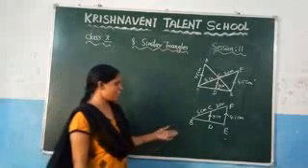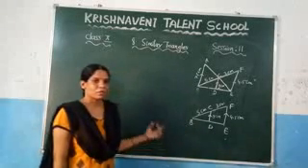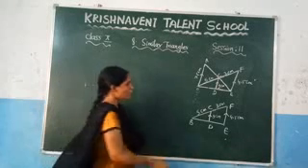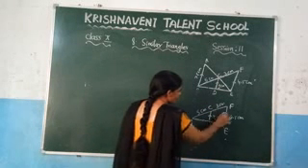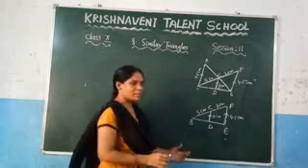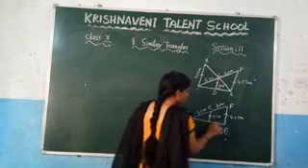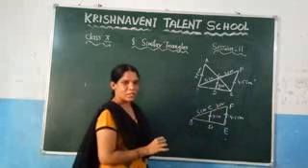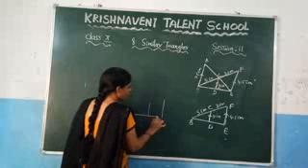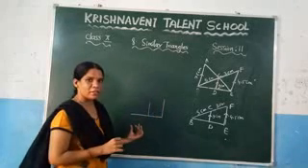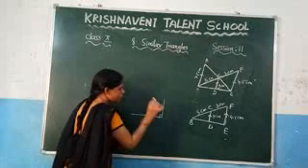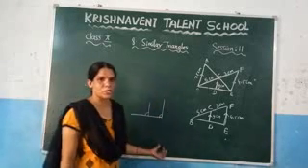Now clearly you can apply the similarity concept here. So how to apply it, just see here. You know that these two lines are parallel. If these two lines are parallel, what can we call this line? It is the transversal. So here if you are drawing one line across two parallel lines, we call it a transversal. And what are these angles? These angles are nothing but the corresponding angles.